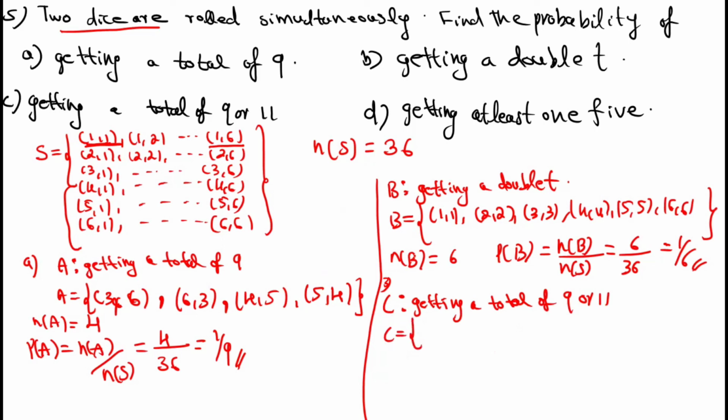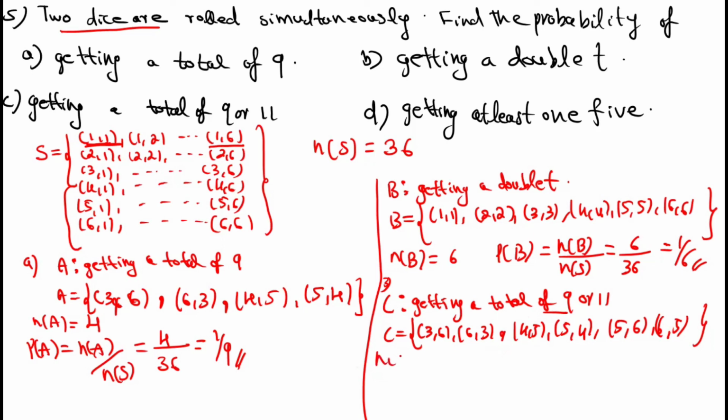(1,1) up to (1,6) is not possible. Then (2,6) is not possible. Okay, now see, (3,6) is possible, (6,3) is possible. Then (4,5) is possible, and (5,4) is also possible. And one more observation, see, (5,6) is possible as well as (6,5) is possible. These are the possibilities. See, here no common elements, right? So you can solve it directly. Okay: (3,6), (6,3), (4,5), (5,4), (5,6) and (6,5).